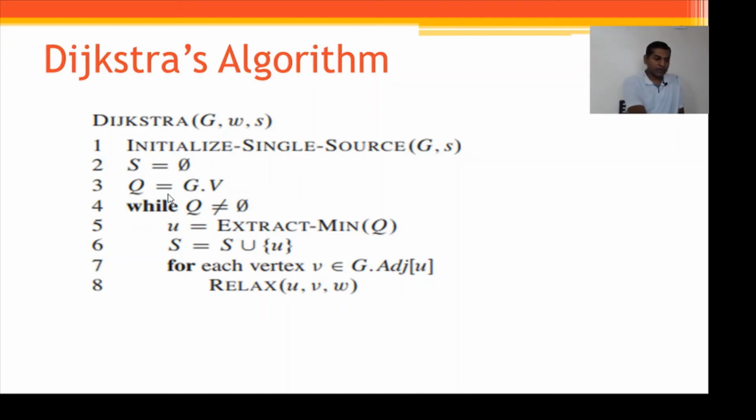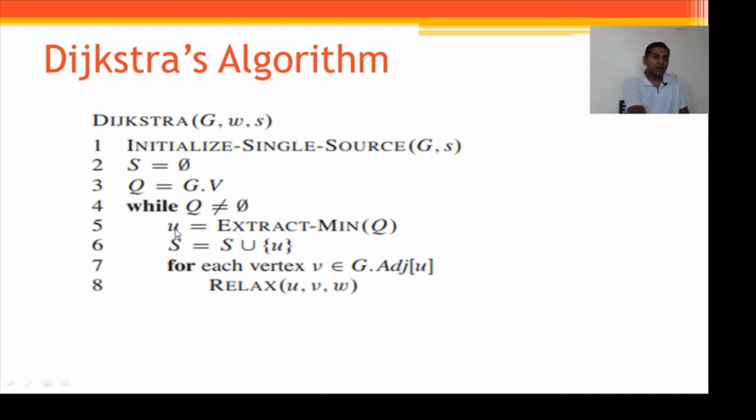So first of all, we will visit all the vertices until the queue is empty. So this is the criterion where to stop. So u is equal to extract minimum from the queue. This extract minimum policy will be applied on the distances of the vertices. The minimum distance will be selected. This is like a greedy method. So we'll be choosing the minimum distance vertex for going for further path finding.